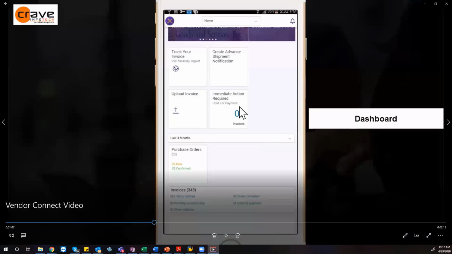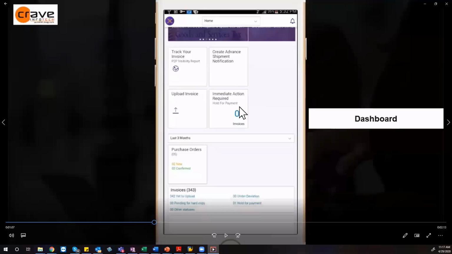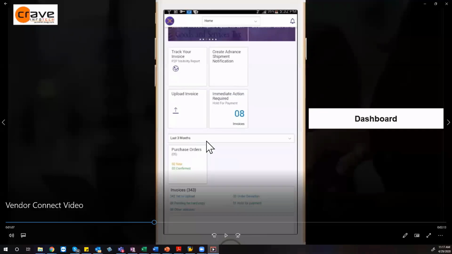If there is anything you want them to act upon, when I say you, I mean you are the company and you want your suppliers to act upon it, you can send those messages. They will know that. They can see the history. They can choose last 3 months, last 6 months, last many days, whatever we configure.